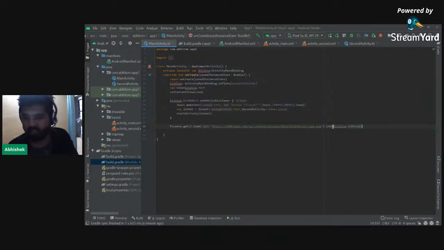So we have given the ID. Yeah, we want the image in this image view. So it's done. It's that simple. Just Picasso get load the URL, then dot into to where we want. Now when we run this app,